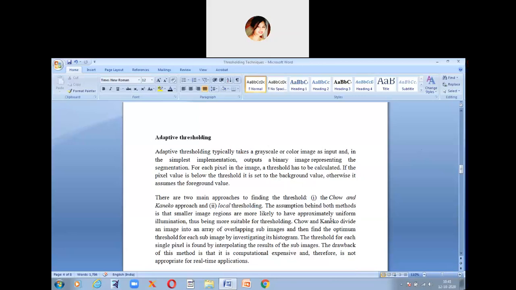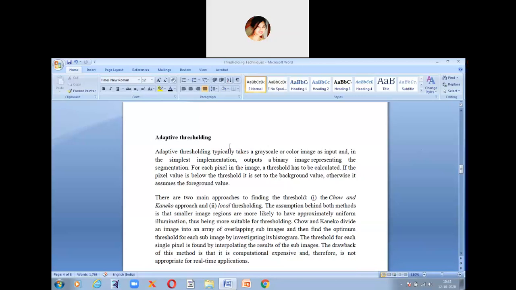Both of these methods apply to the smaller image regions, because smaller image regions are more likely to have approximately uniform illumination, thus being more suitable for thresholding. So it becomes easy for these two methods to apply thresholding when they use these smaller image regions.